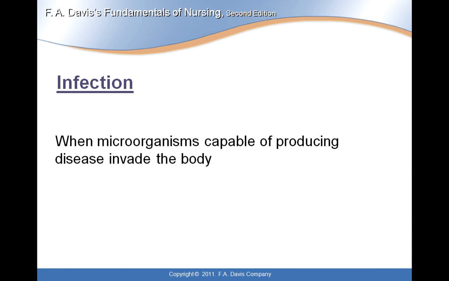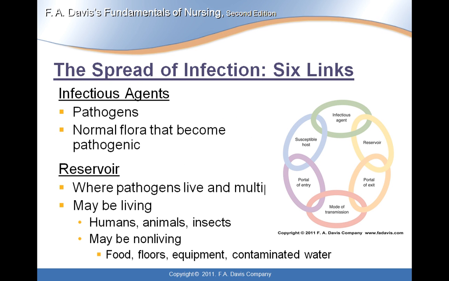So the definition of infection is when microorganisms capable of producing disease invade the body. Infection is spread through these 6 different links that you see listed to your right. You have the infectious agent, the reservoir, the portal of exit, mode of transmission, the portal of entry, and then you have to have a susceptible host. So first, to begin with, the infectious agent